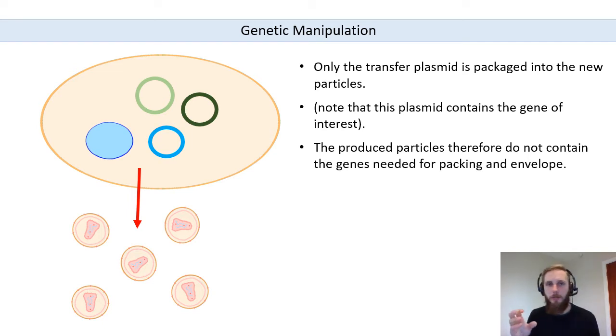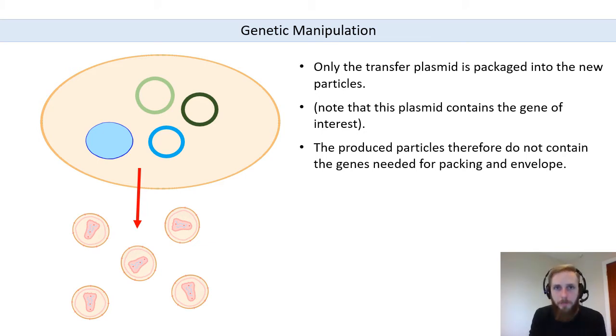Okay, next we can actually make the pseudovirus, and the way we do that is we take these three plasmids, we just put them into cells, and we just do that in the lab. Now, putting plasmids into cells in the lab is pretty easy. These plasmids don't stay forever. Eventually the cells will fundamentally spit them out, eject them from the cell, or degrade them. But what you can do is put these three plasmids into the cell for long enough